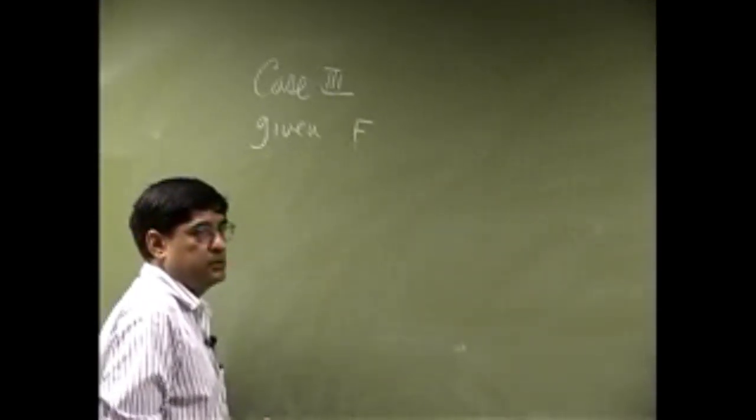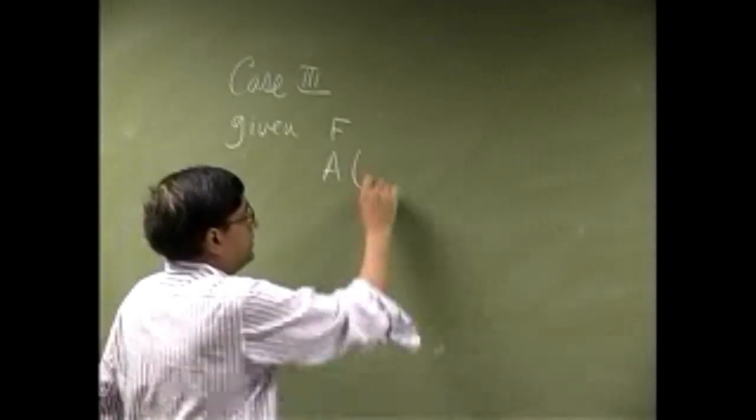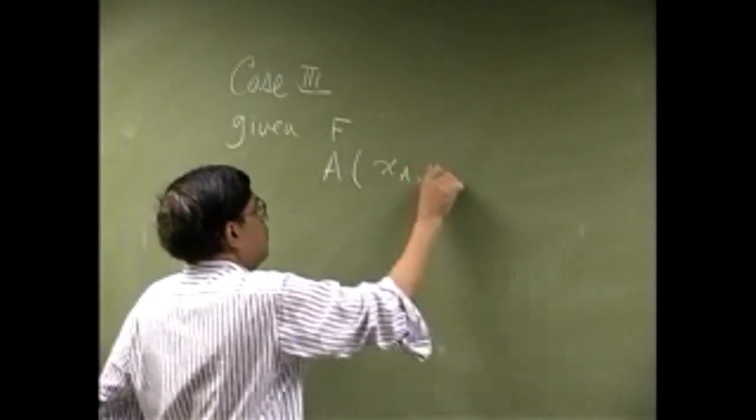Coordinates of 2 points. The given coordinates for, let's say, point A, those are xa, ya,